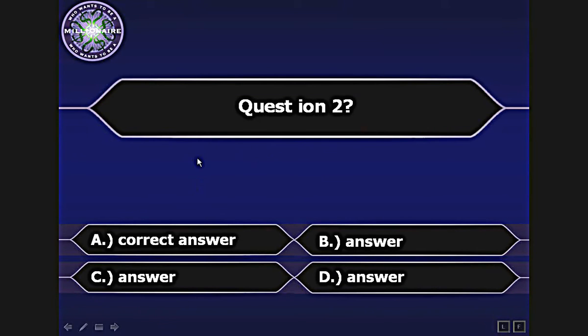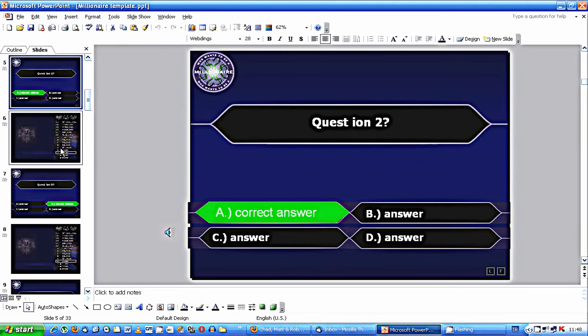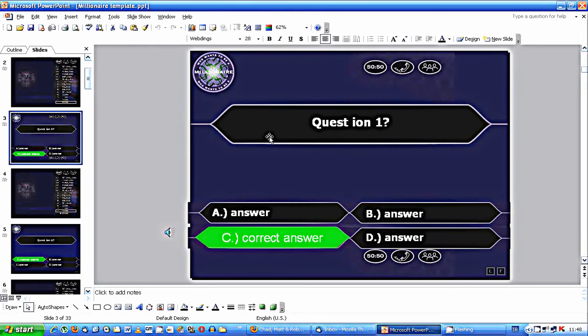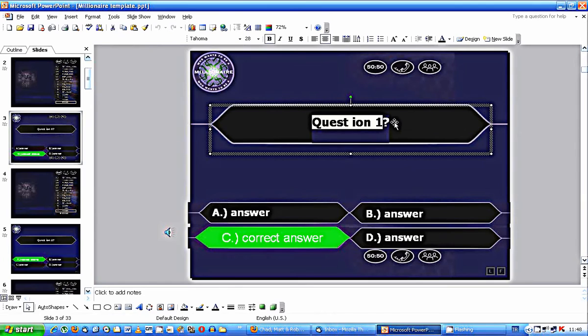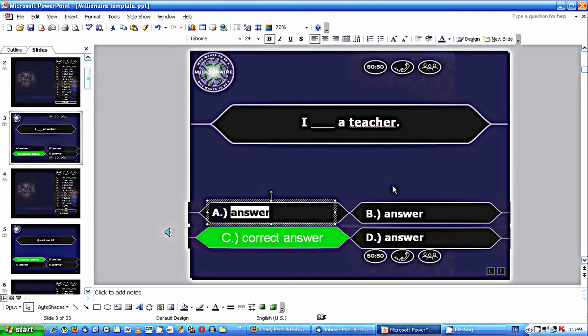Okay, question 2. Alright, so let me press escape to get out of this. Let's go back to question 1. Alright, so how do we prepare this? Okay, let's think of a typical grammar question. Let's think of something. Alright, so what's the missing information? What's in the gap? I is, okay, I be,